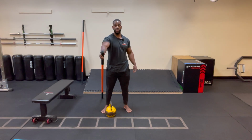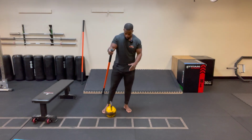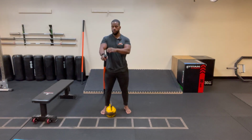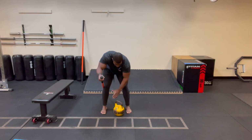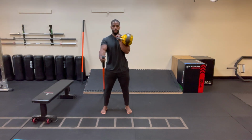So let's go ahead and switch sides here. So I'm going to clean up the kettlebell to a front rack position. Okay. Remember, keep that elbow in tight, hand under the chin, right arm straight, drive that stick back,